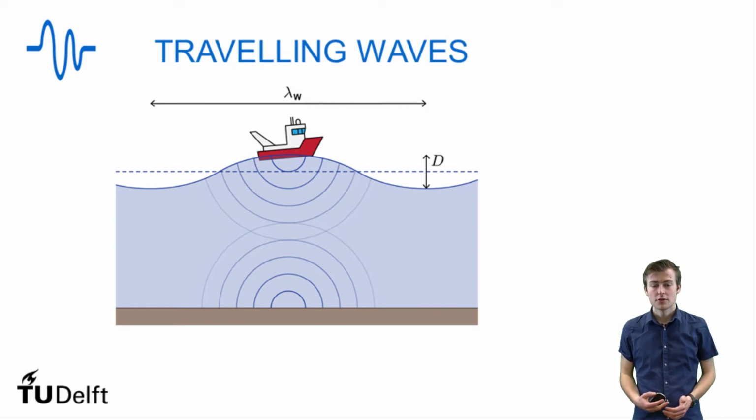In the lecture you were introduced to traveling waves, and traveling waves are waves that do not only vary in time, but also in position. A famous example of traveling waves is the ocean, and we do not look at all the water of the ocean, but only at the surface, so the surface waves of the ocean.